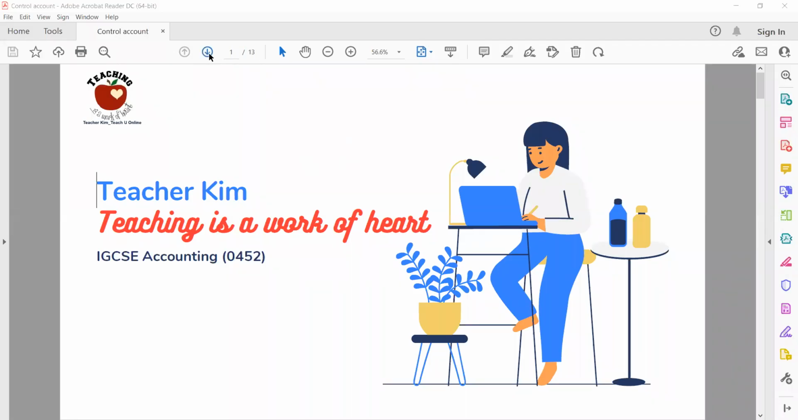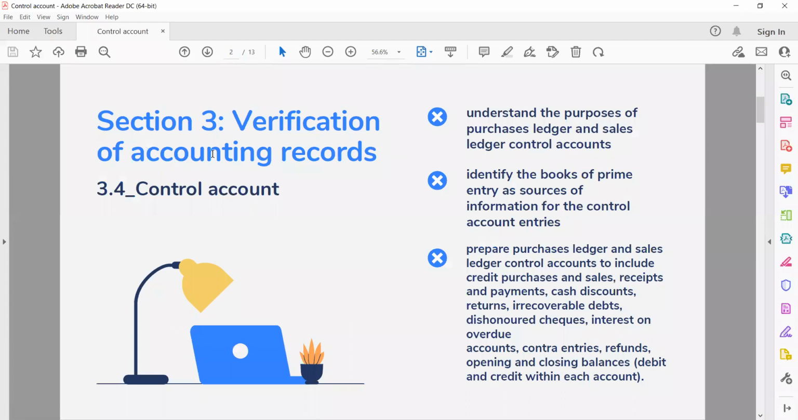Okay, this topic is Section 3, the last topic for Section 3, control account. Control account is actually quite straightforward in the IG syllabus. Even though they have three sections of it, they ask us to understand the purpose of the purchases ledger and sales ledger control account, identify the book of prime entry as a source of information for the control account, prepare the purchases ledger